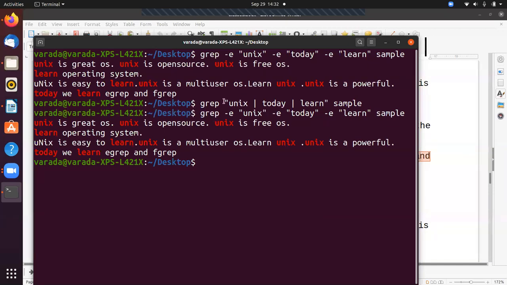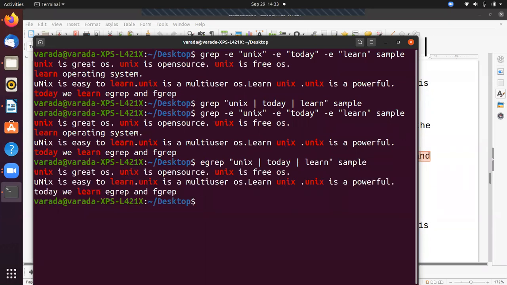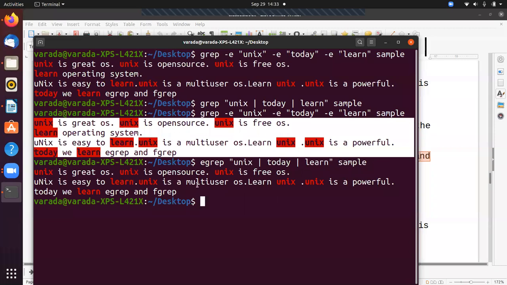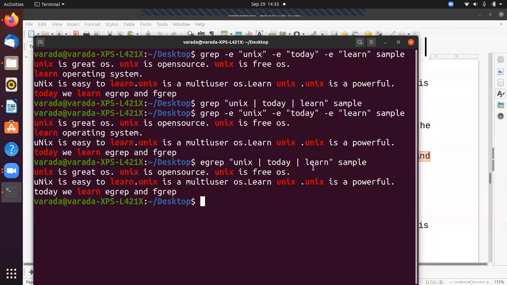Now if I use egrep in the same way, egrep in double quotation marks, with the pattern Unix or today or learn, and the file name, it displays the same content as grep -e. The same content we get with the egrep command. So that is the difference.